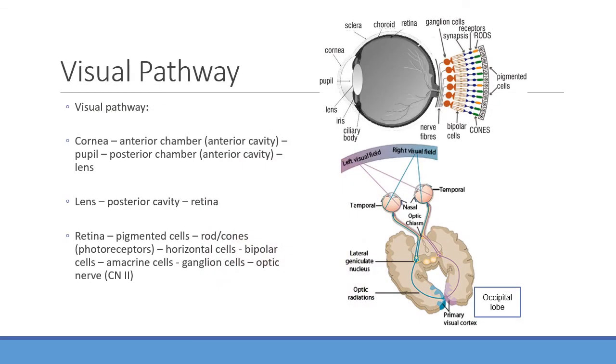All right, so looking at the visual pathway, where it's going from there, we mentioned the cornea to the anterior chamber in the anterior cavity, then through the pupil, posterior chamber, and the lens. Covered that. And it's going to go back to the retina. We covered that, and then through the rods and cones, and it gets converted into an electrical signal. It is going to be hit up by the horizontal cells, bipolar cells, and then eventually the ganglion cells. At that point, once we have optic nerve number 2 exiting the eye, what happens there? How do we actually incorporate that into the brain? Essentially, that's what we're going to be looking at here. We're going to see that it all eventually converges in the occipital lobe in the brain. So we'll look at that pathway in a little bit more detail in a second.